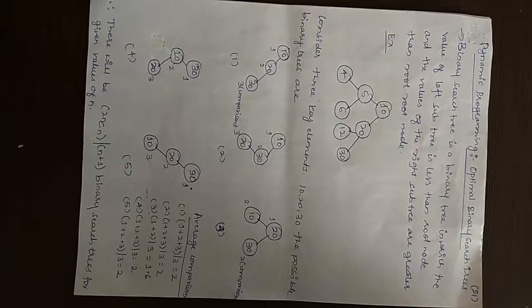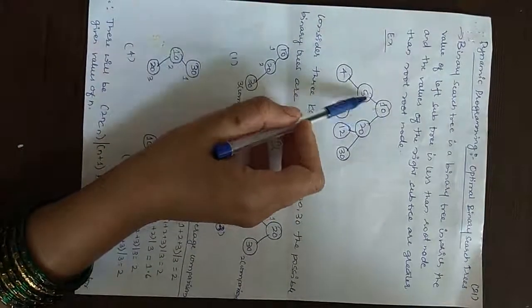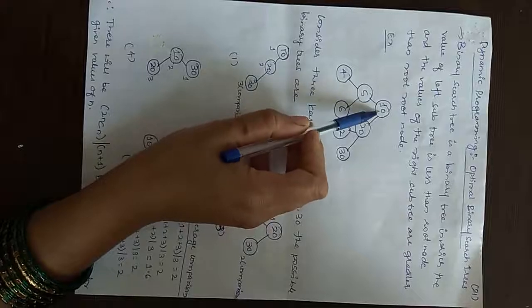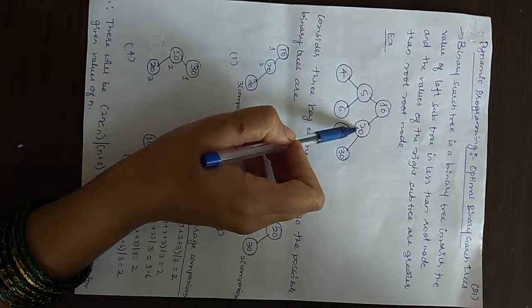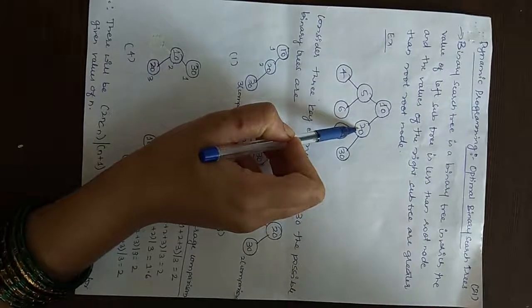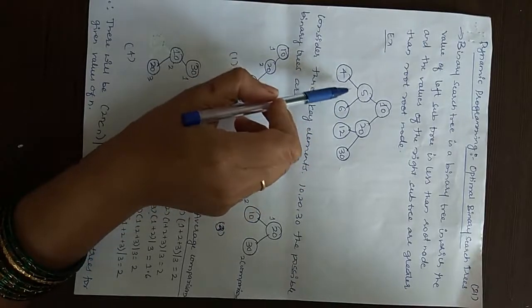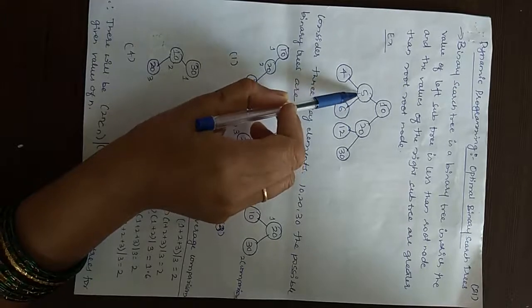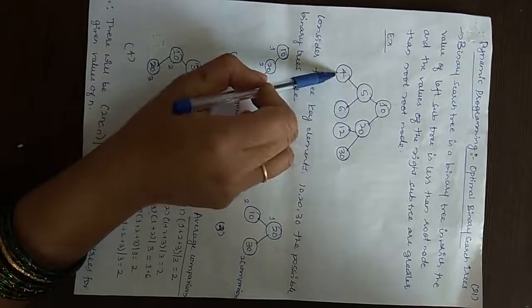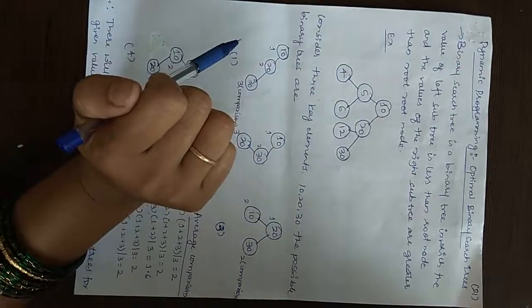A binary tree is called a binary search tree when the elements on the left side of a root node are less than the root node and the right side are greater than the root node. So consider any root in a tree, its corresponding left subtree will be less than the root node and the right subtree's values will be greater than the root node. So left side less than, right side greater than. This type of tree is called a binary search tree.